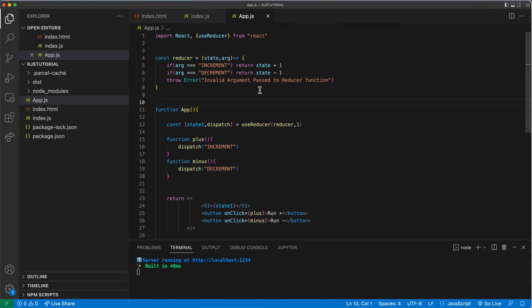Let's go back and take a look. So as you can see, I'm going to refresh this. If I do this plus, it goes up by 1. If I do this minus, it goes down. It can go down more, as you can see. So there we go. Now we use that and it works. So now we have this kind of conditional way of modifying our state based on what we pass here as a value. So now let's get back to that other thing when I used to have like up by 3